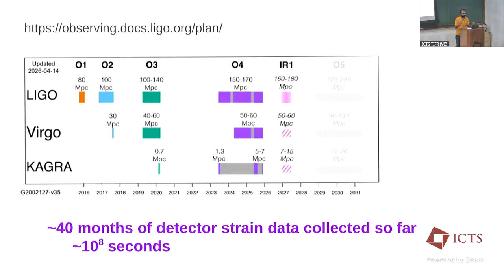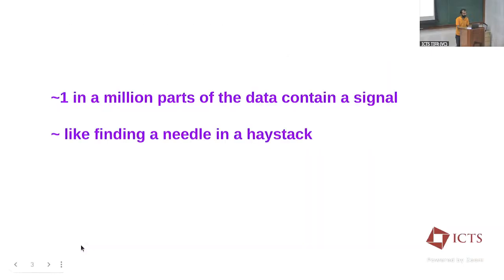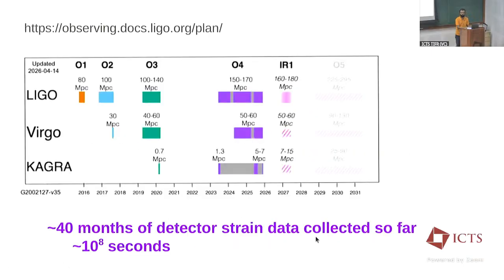So for some starting motivation, you were shown this plot, I think, in the first lecture. This is showing which detectors were on at different times. And if you just sum up these on-time durations, it's about 40 months of detector strain data. For 40 months on the clock, not continuously, at least one detector was on and was collecting some strain which could contain a GW in it. If you convert that 40 months, it comes out to be around 10⁸ seconds, just 40 into 30 into 24 hours into 3600 seconds per hour. So that's about 10⁸ seconds.